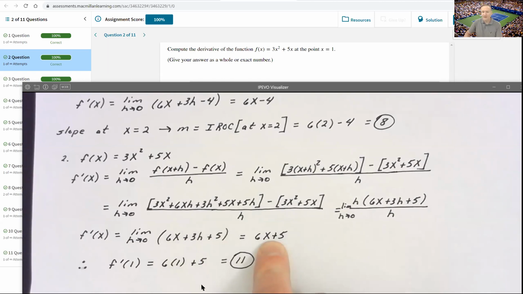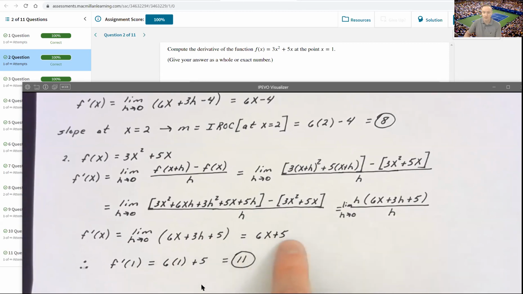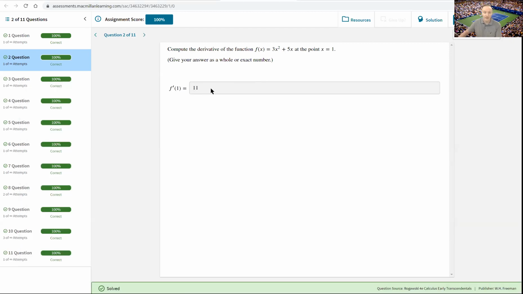So now that gives me a formula for any value of x. Our problem wanted to know the derivative at 1, so I just plug a 1 into that, and I'll get 6 times 1 plus 5. We get our 11. I wish they had some way of having you show every one of the beautiful steps in that algebraic solution,